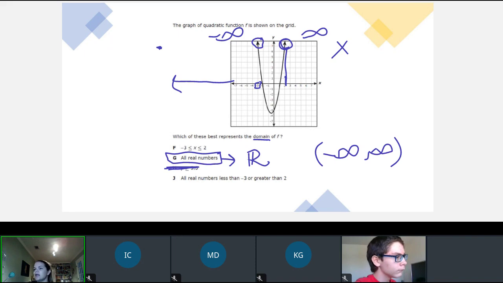So the reason it's not J is that it says all real numbers less than -3 or greater than 2. That would mean from -3 to 2, we wouldn't have a function, but we do, right? It's still there. It's continuous. So that's why it's not J. And it's not F because we have arrows on our endpoints. All righty. Well, that is